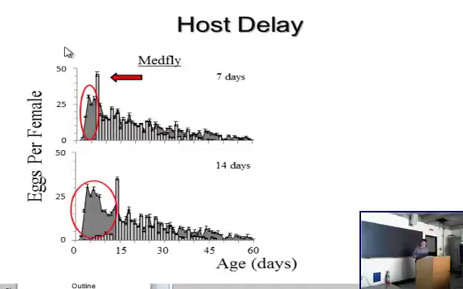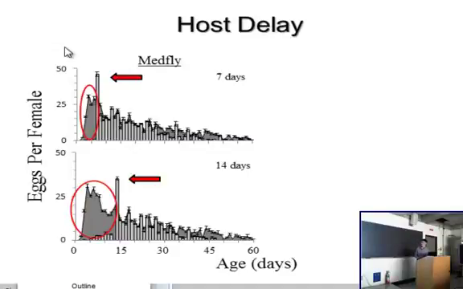And then we see the same thing. So this delay during the first 2 weeks misses the entire period where reproduction is maximized. And then there is a slight peak of reproduction, which is actually lower than what's seen in the 7-day. But they are never able to allocate resources in a way that prevents the total loss of life reproductive ability.